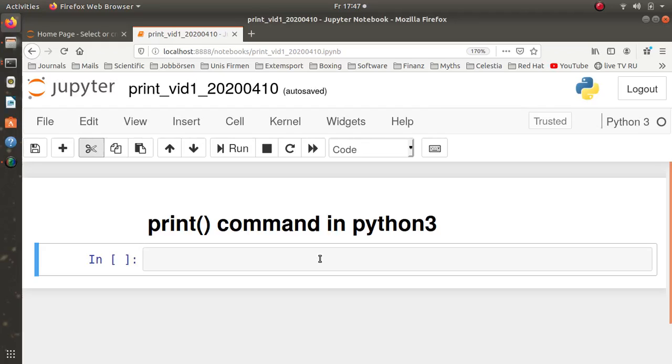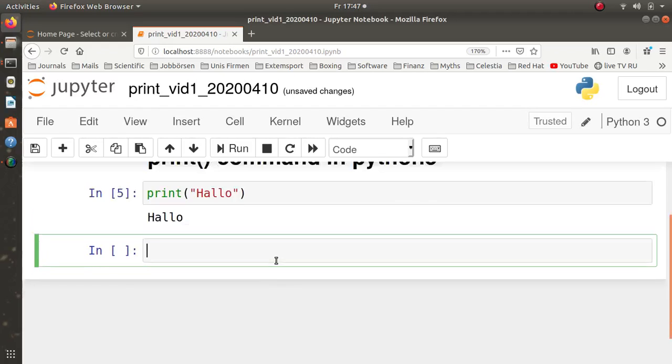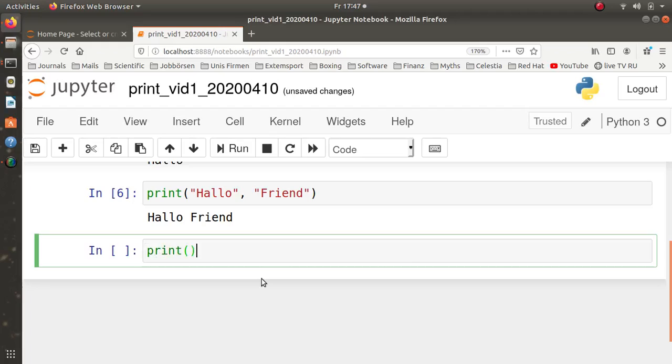This one is a very simple one about the print command in Python 3. It is like this. You just type print, and then for example, if you want to print out some string, you just print it out. You can also print several strings. Print and so on. You can also print a string and then some numbers,